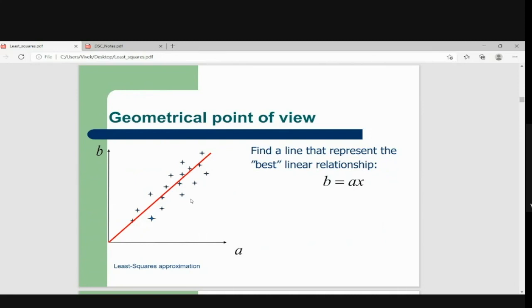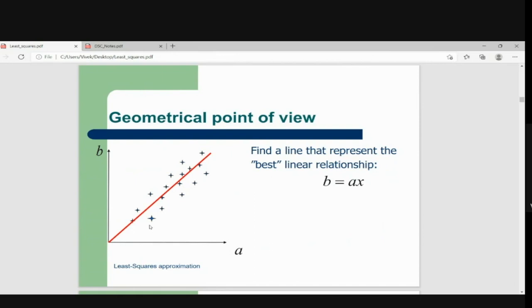Now if you look at this data, and if somebody asks you, can you approximate these data points with a function or with a curve? In that case, these data points do not fall on a line, so definitely it cannot be approximated with a line, and maybe I will not be able to find a curve fit by a quadratic curve or a cubic curve, like these things. So in this case, the data points are spread in this fashion.